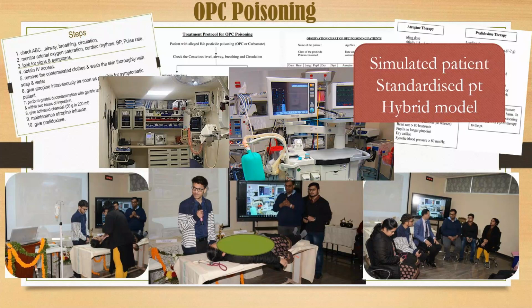When we were going through these scenarios, most of you earlier asked us, and also here we use a hybrid model. We are not using a mannequin, remember; here we are using a hybrid model and some other simulated environment. If we use a simulated patient, the simulated patient can simulate the signs and symptoms of a standardized patient. A standardized patient is a patient who has signs and symptoms, but is taught how to represent them in a standardized manner. So there are slight differences here, but some people use these terms interchangeably.